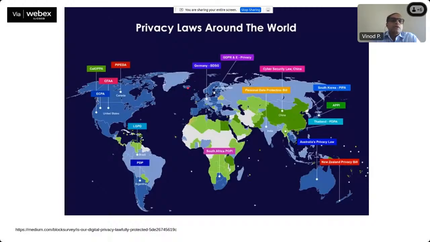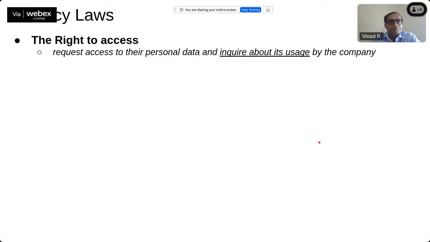We also have another very famous privacy regulation, especially in California, which is called CCPA. If you look across different countries, there are some or other privacy protection bills, or let's say there is something related to privacy which everybody is talking about. So in general, what is there in privacy law? Most privacy laws address these concerns.